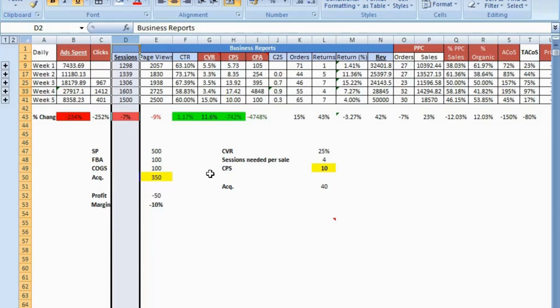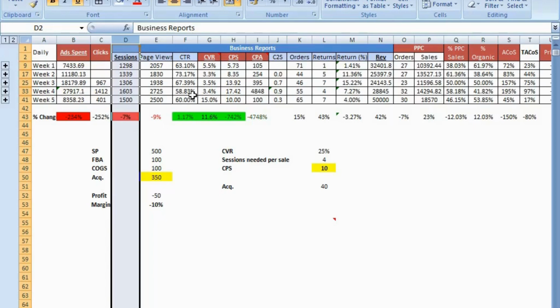Now you increase your ad budget, but if your sessions have not gone up, it means that you are wasting your money, right? Because it means you could be running your bids very aggressively, you could be running so many top of search campaigns where your bids are so high, that is why you are spending too much, or you could also be focusing on keywords which are not really the right ones, right? So this is something which we monitor. Are our sessions increasing in proportion with the budgets that we allocate for our advertisements?